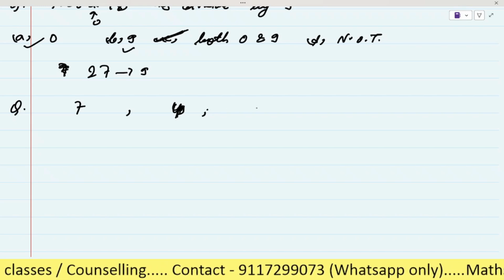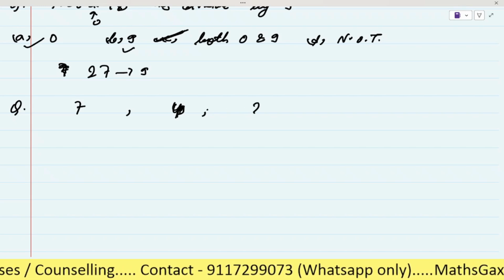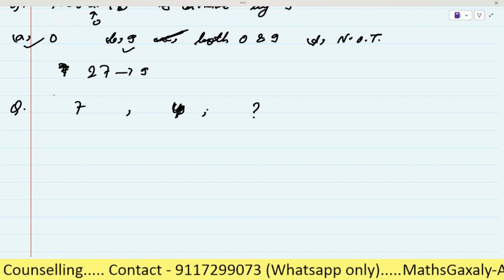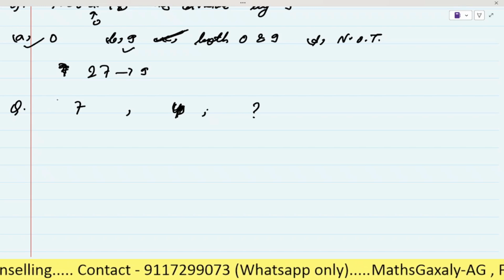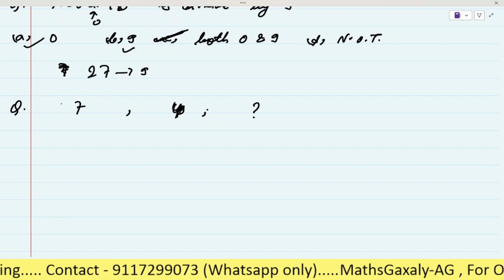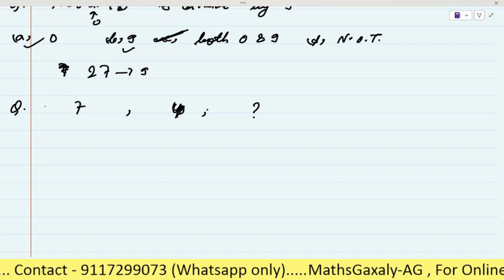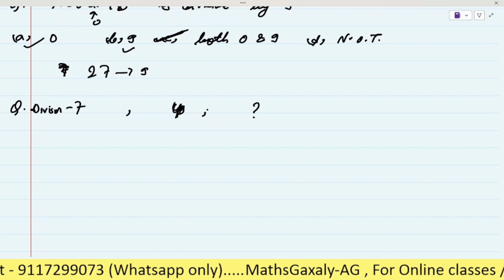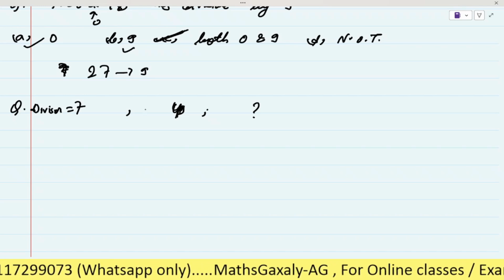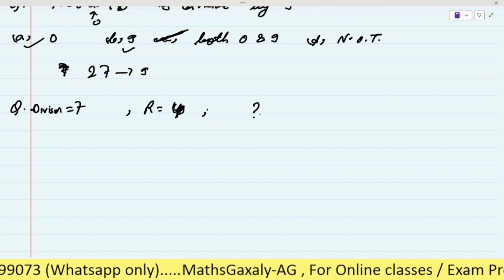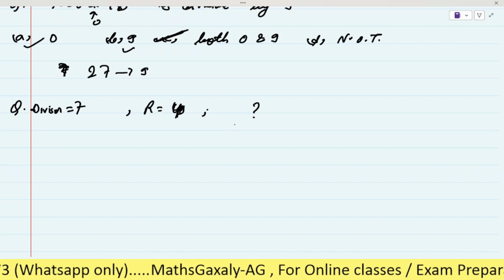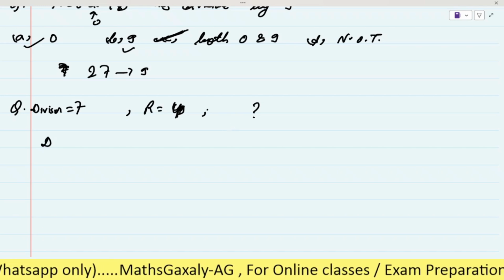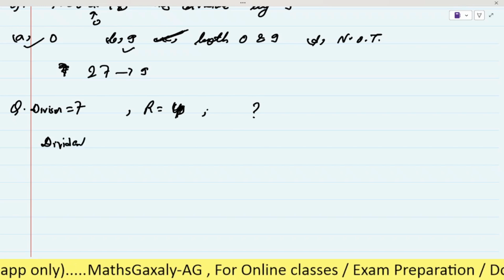This number is of the form... It means the number when divided by 7, divisor is 7, right? 4 is the remainder. That number will be of the form of dividend.